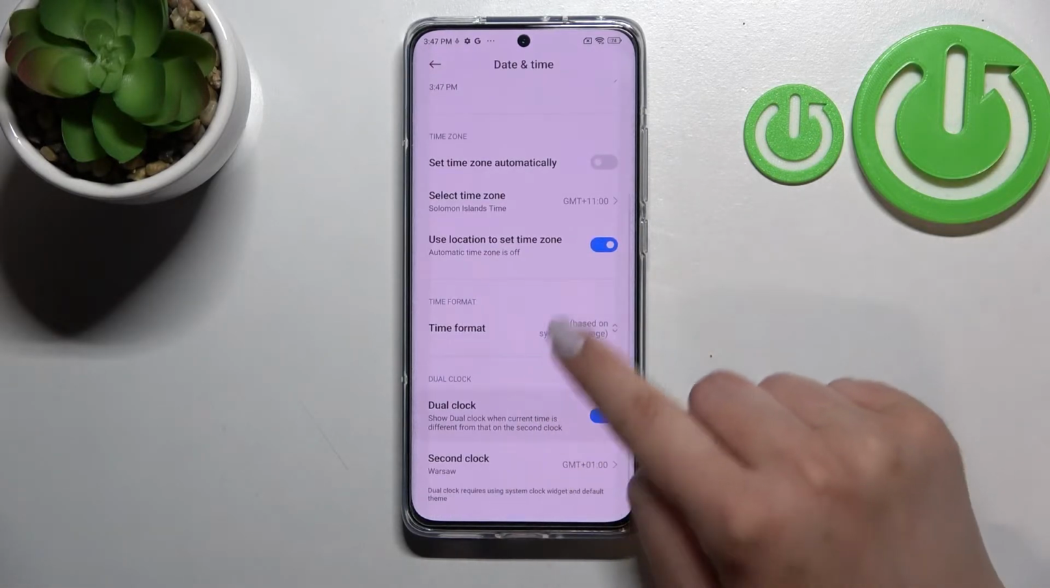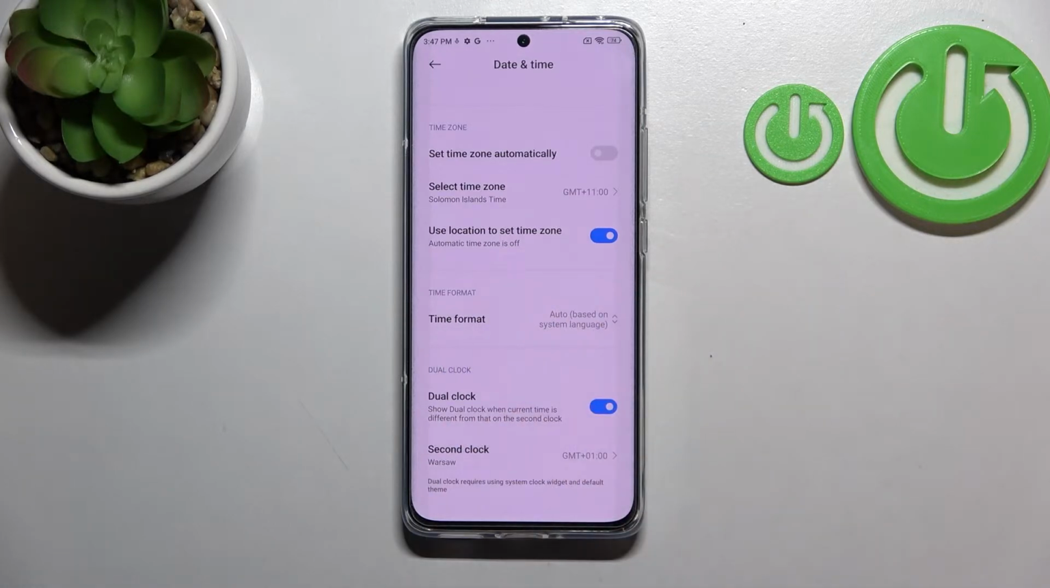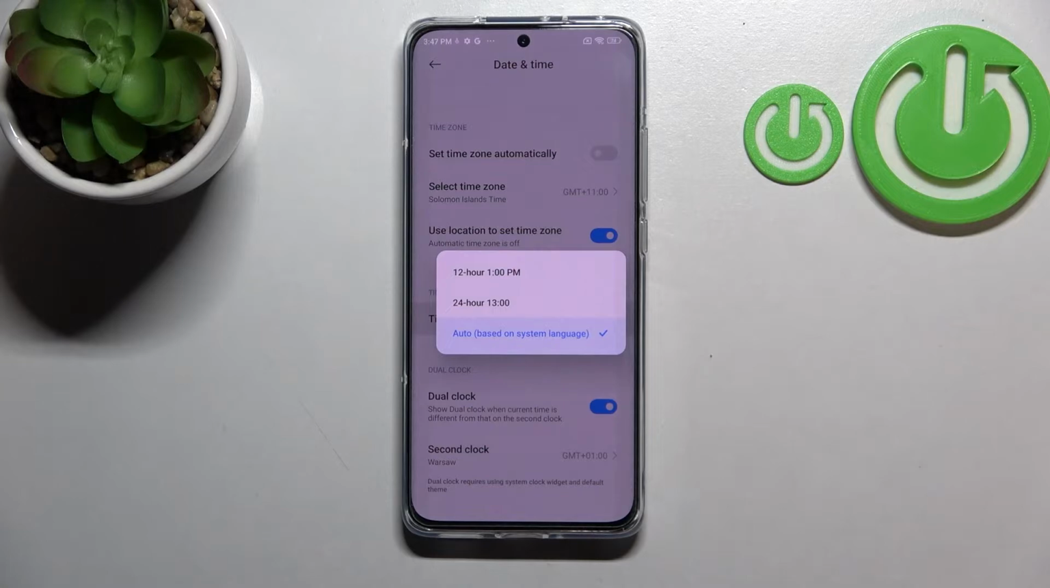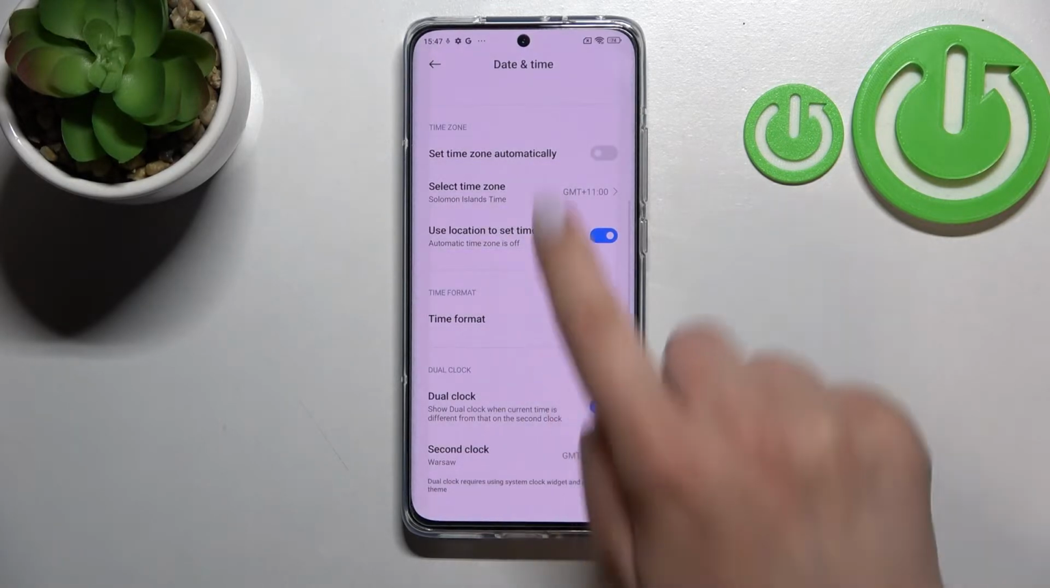Under it we've got the time format option, and after tapping on it we've got two different options from which we can choose manually, of course, because we can set or leave the auto option, but we can manually set the 12-hour or 24-hour option. So because currently we've got the 12-hour option, let me pick 24-hour,